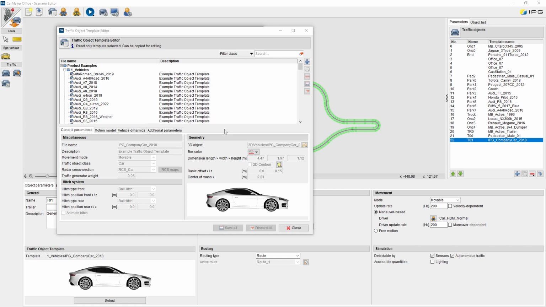Field 3 is a filter search for current vehicle classes like car or trailer, where you can search for a traffic object template that contains a certain string. In the upper right corner, you find the Edit menu buttons to create a new traffic object template, copy the selected traffic object template, remove it, save changes in it, and discard changes in it. The last field holds the action buttons, where you can interact with the traffic object template editor: save all changes, discard, or close the traffic object template editor.